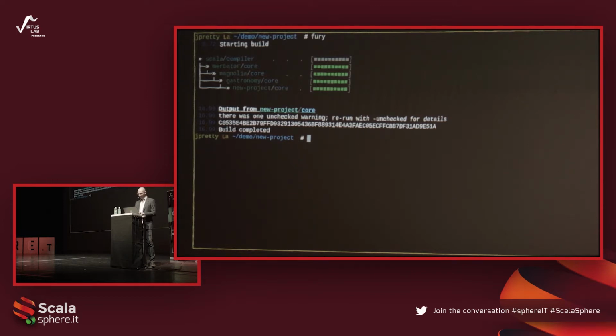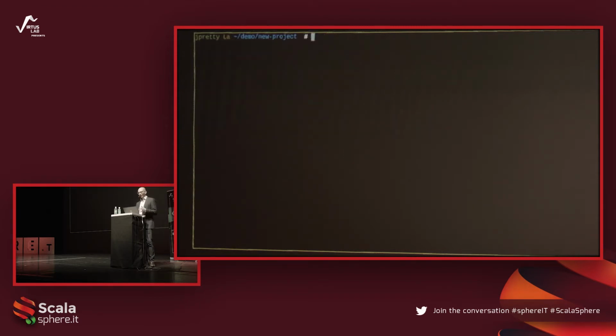Now, I've got my layer, and I've got the layer I imported. And imagine the scenario where you're depending on a project, and as you saw, we're building that project from source, but we'd like to maybe experiment with changes to that project we depend on. Now, because Fury has all of the sources available, and it has the build definitions available for those projects, it's actually very easy for us from our current